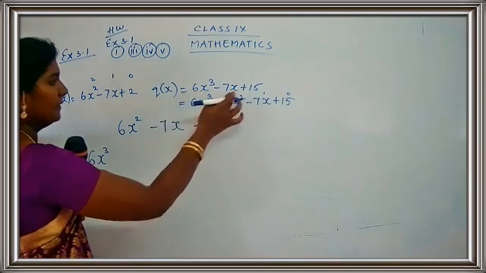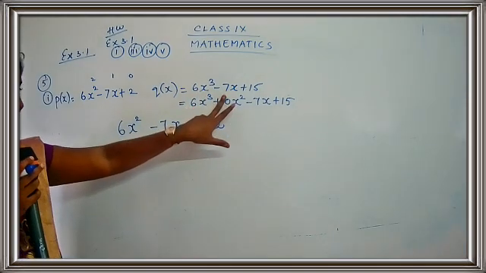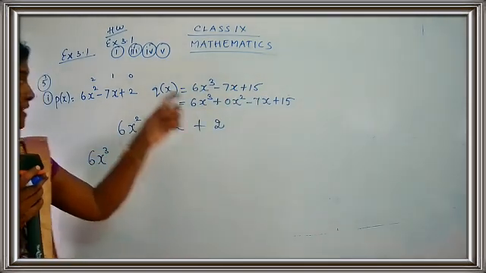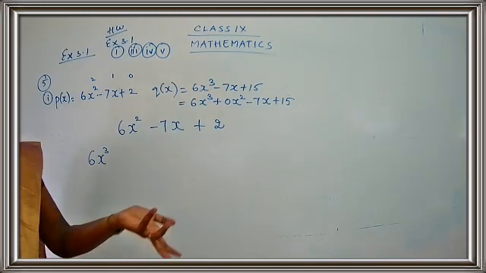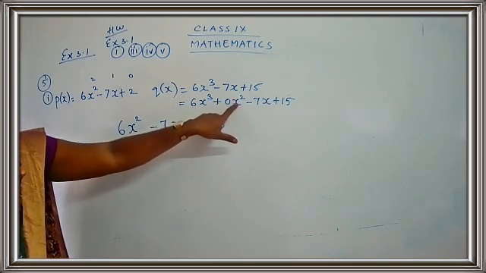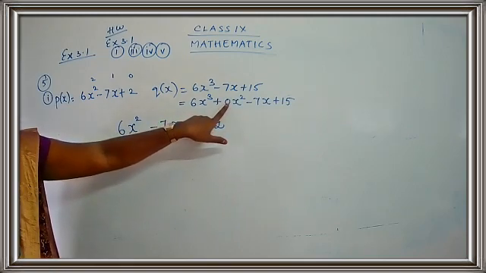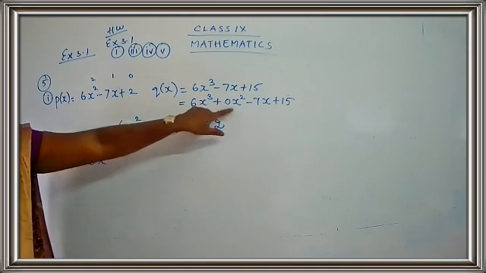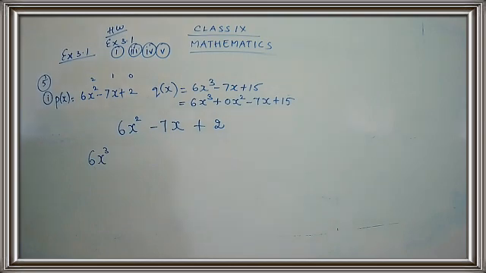Okay, so what I have done, I have changed the polynomial. How have I changed it? 6x cube minus 7x plus 15 was there. Which term is missing? The x square term is missing. Here cube is there, then square should be there, but there is no square. So I am just adding here 6x cube plus 0x square. So I am adding the x square term, but be careful. You have to write the coefficient 0. What should be the value of the coefficient? 0. So 0 into x square means 0, we will get a 0 value. So 6x cube plus 0x square minus 7x plus 15.